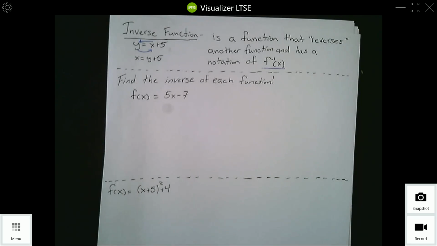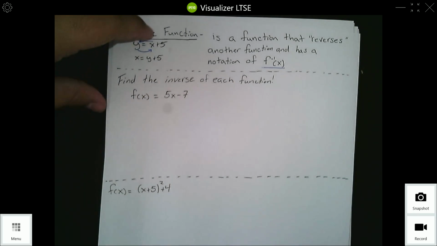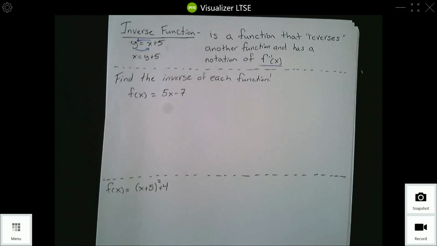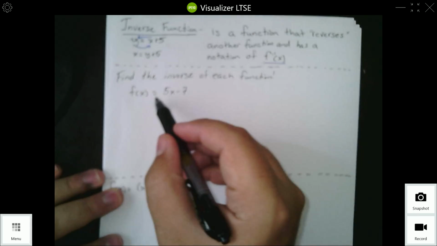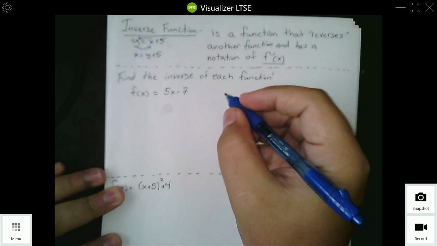They're pretty simple, pretty standard. Where it gets a little more difficult is when you're trying to work with more complex problems, but we'll get to those. So now we're going to actually try to solve for these inverse functions. The first one we're going to do today is f of x is equal to 5x minus 7. So our first step is